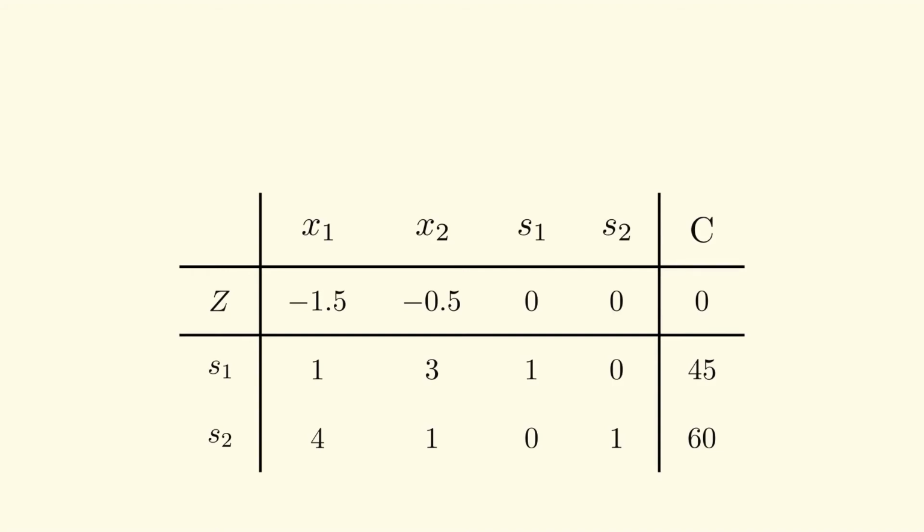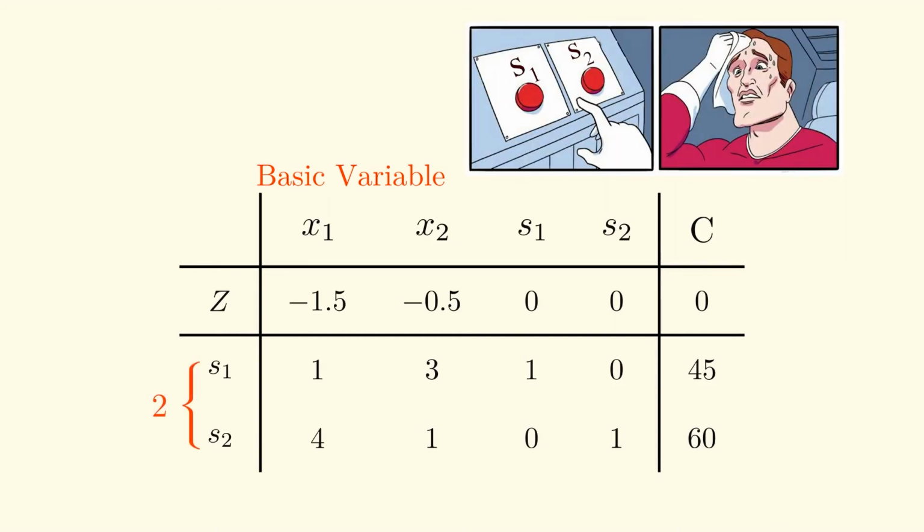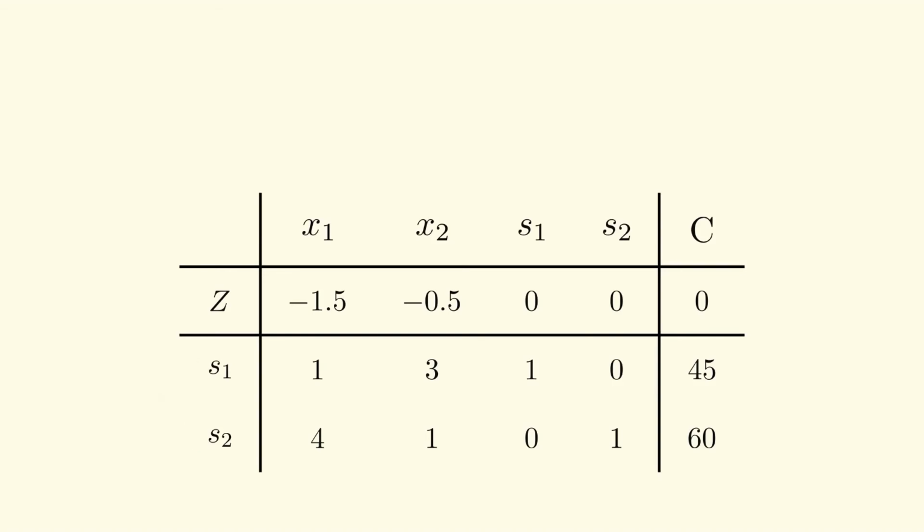Now increasing the value of x1 will make it a basic variable or a non-zero variable, but the number of basic variables at a corner point is always equal to the number of equations. So one of the current basic variables must be made 0. To determine which one, we calculate the ratios of the right hand sides of the equations to the corresponding constraint